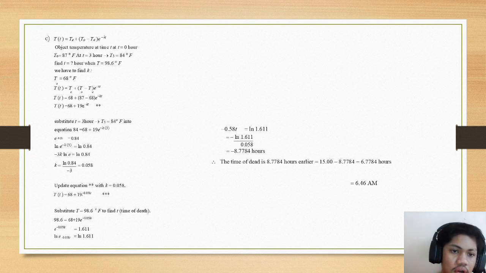So we got negative 3k ln e equal to ln 0.84. So we get k is ln 0.84 divided by negative 3, and k is 0.058. So we update the equation with k is 0.058 to the equation T equal to 68 plus 19 e to the power of negative